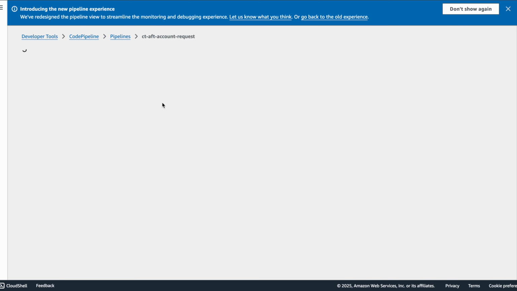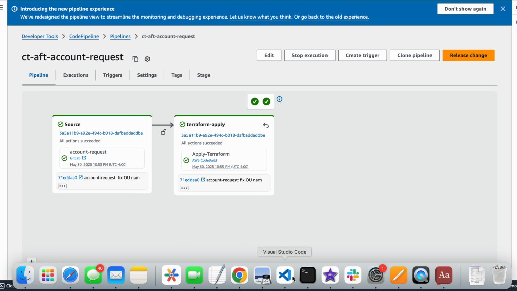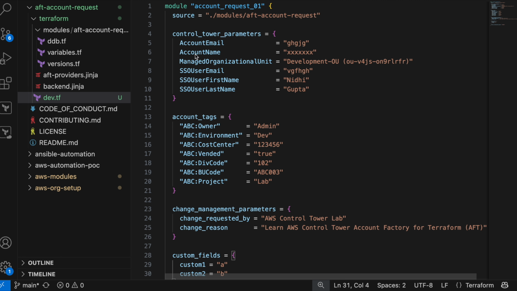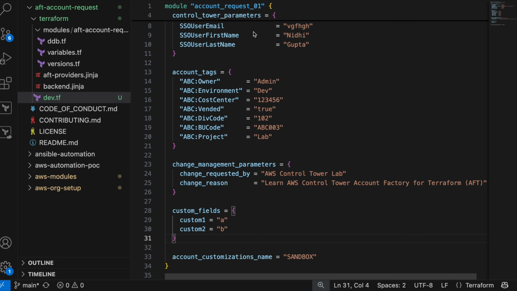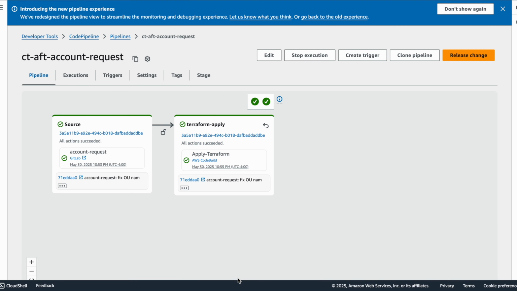What this is doing is actually running your Terraform code, and it is creating a DynamoDB table. That is the only thing it is doing. It just runs the Terraform apply.